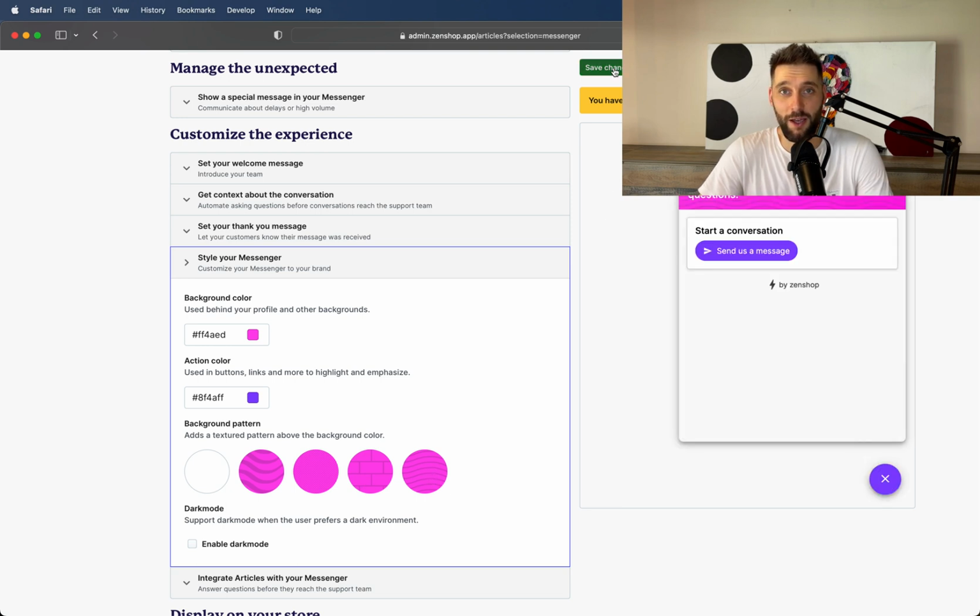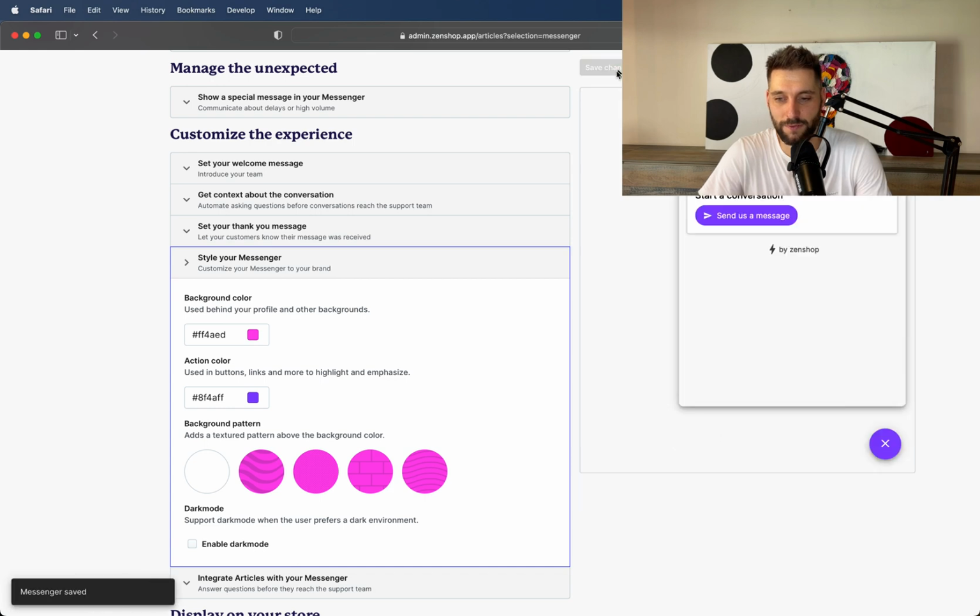There you go. And just to make sure, whenever you make a change, you must click Save Changes. If you don't click that, then when you next view the Messenger, it won't have those changes. So I'm going to save those changes. There we go. Okay, so